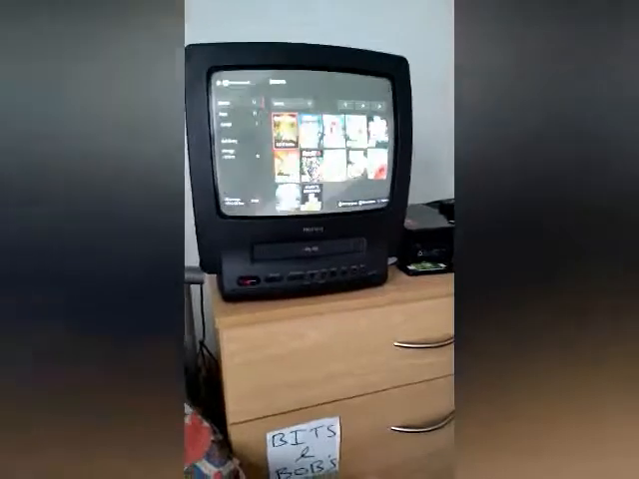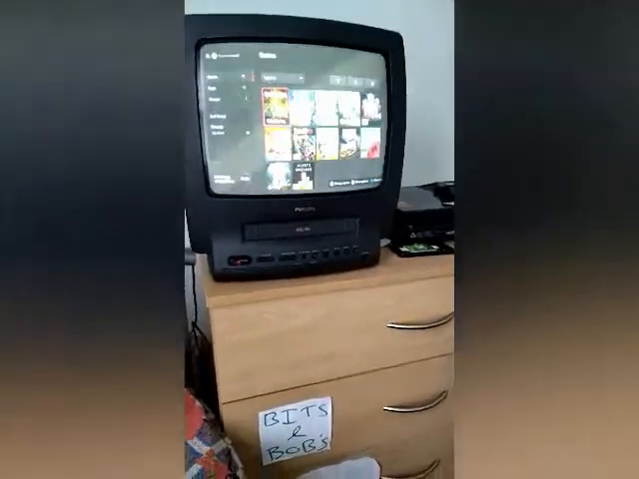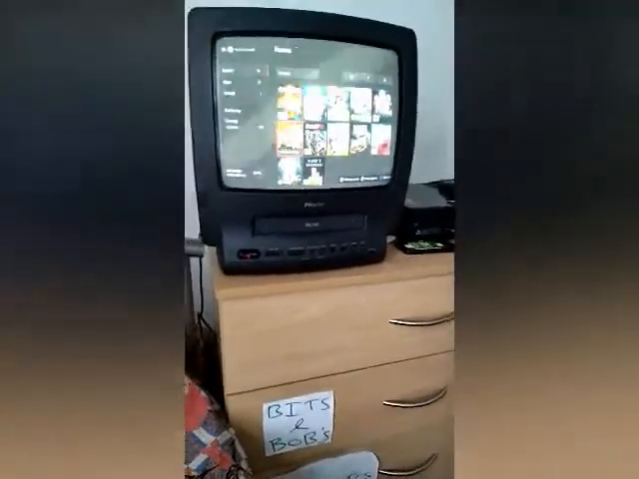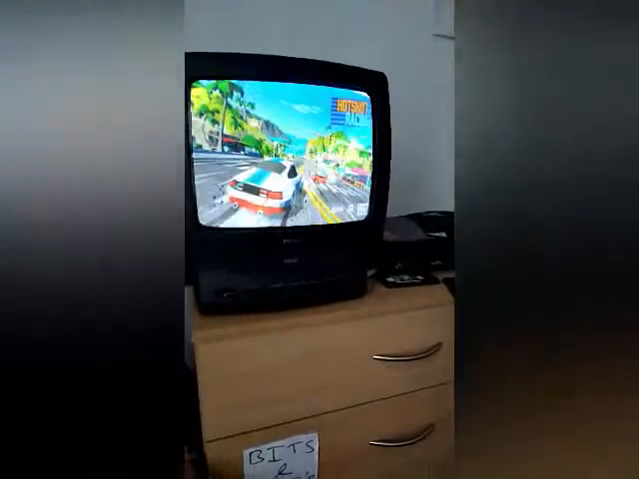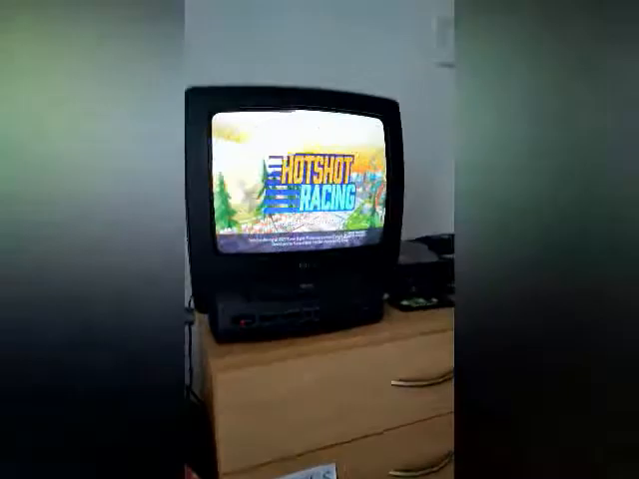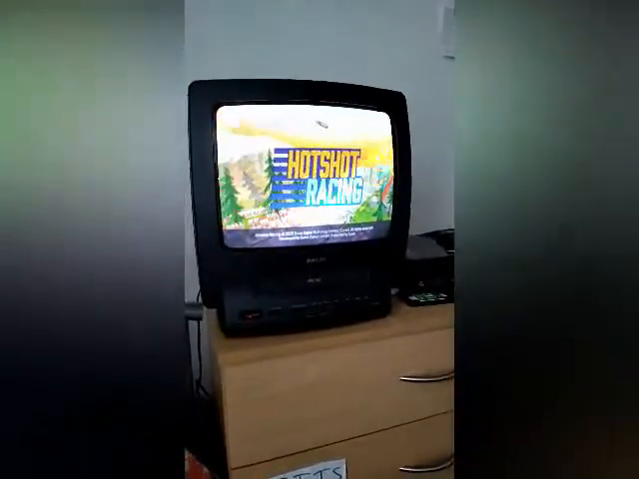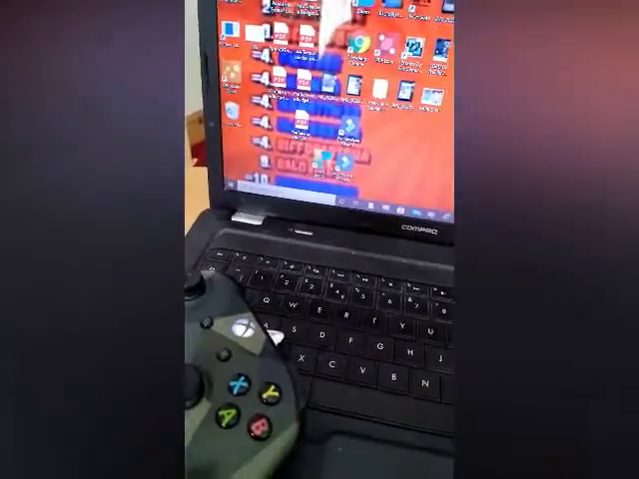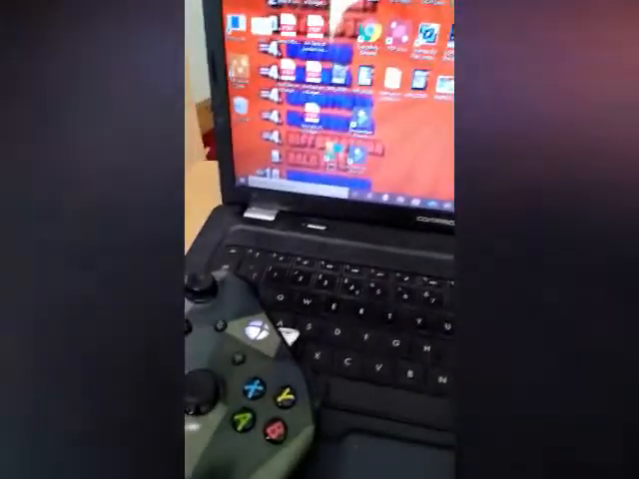Sorry, it's a bit shaky, but you can see the Hot Shot one is the second one down. If I select it, you can see it's already installed. There you go. So that was getting the Game Pass app, and the game was downloaded